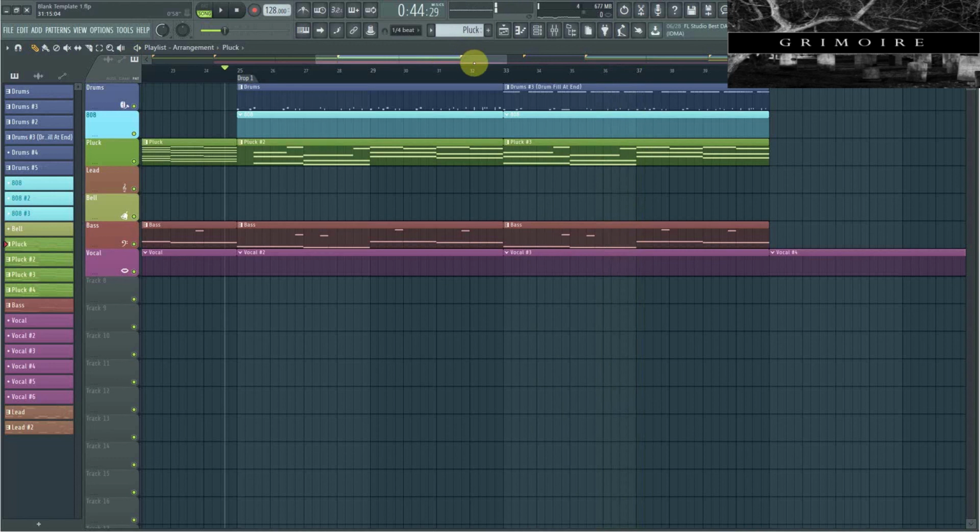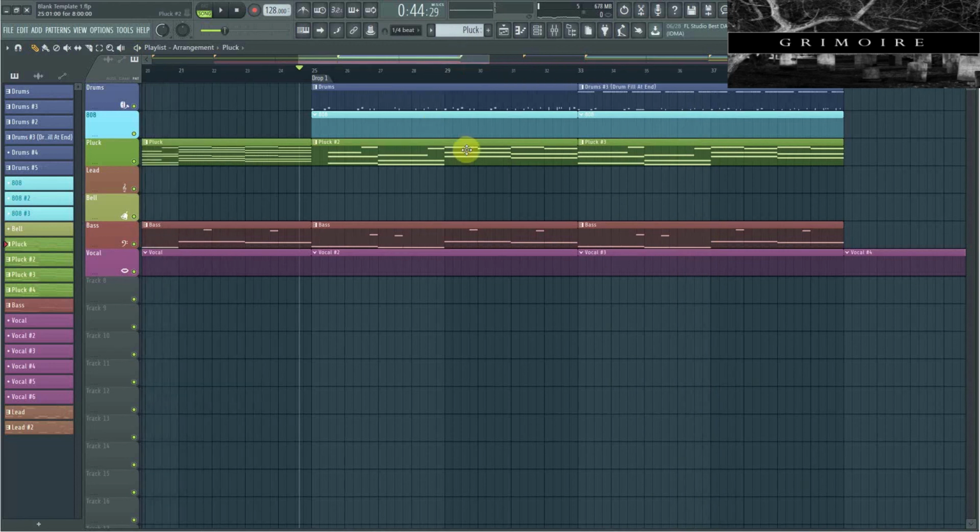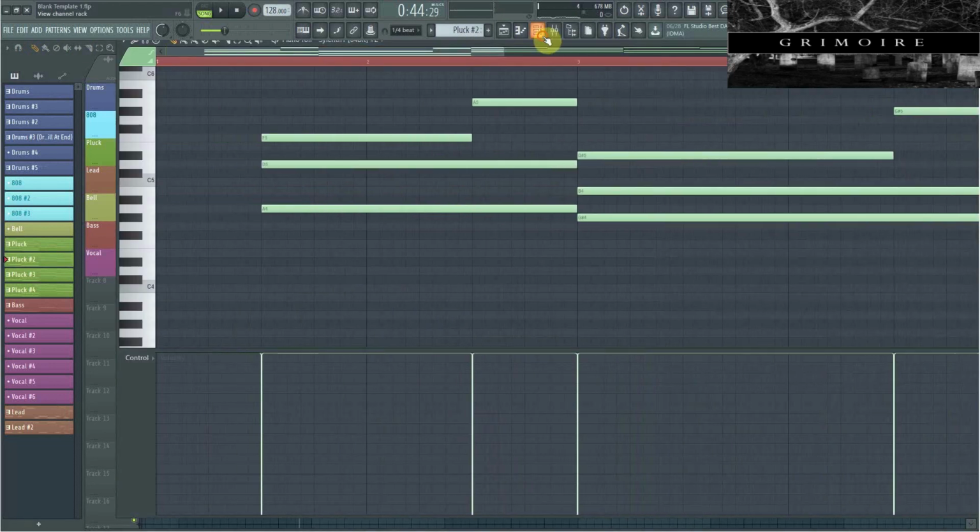Alright, so the groove is there, and the basic premise of what sound I kind of want to go with is there as well. So what I'm going to do now,